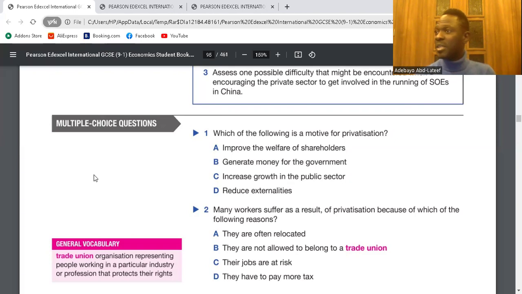It's to generate money for government. Government is coming up with it. Not an aim of private sector businesses. The motive. Is it clear now? Clear. So sometimes we don't get to understand the question. That's why we choose wrong answers. So we have to calm down, understand the question, then we'll be able to choose the answer. The motive, the reason for privatization, is to generate money or revenue for government. Is it clear?